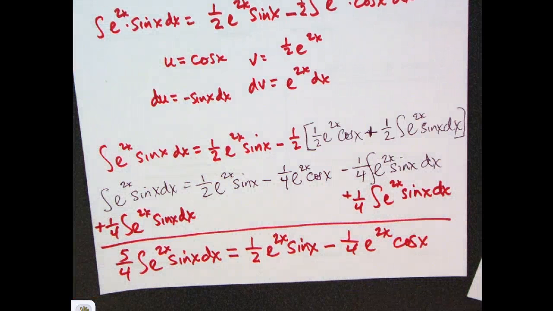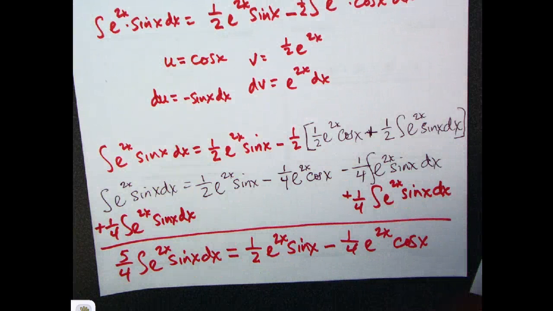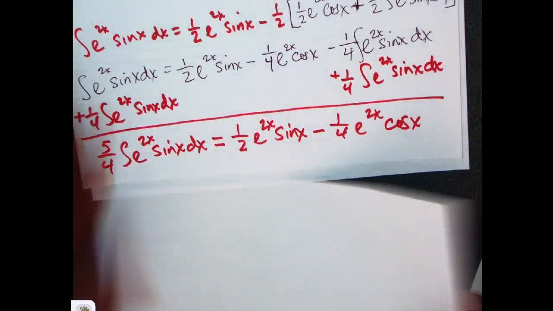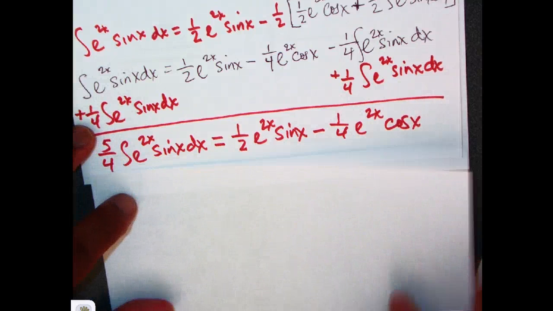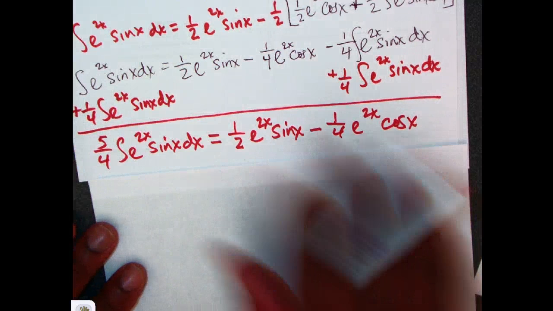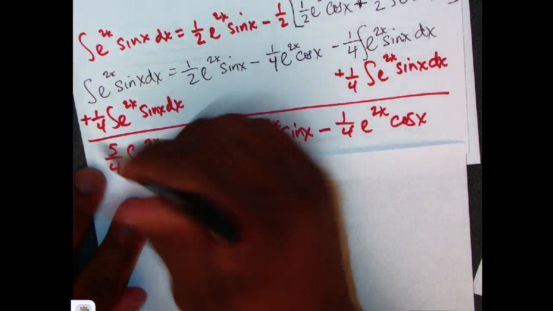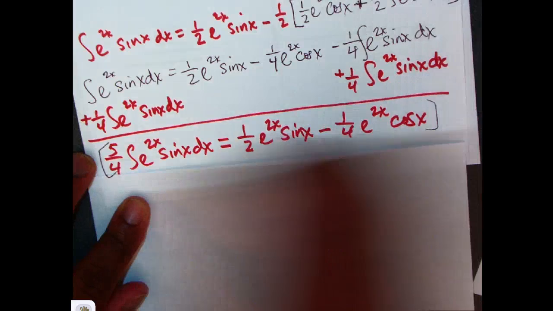Okay. Now all we have to do is get rid of that 5/4. So if we multiply both sides by 4/5, then we're able to solve. So we're going to multiply both sides of the equation by 4/5,